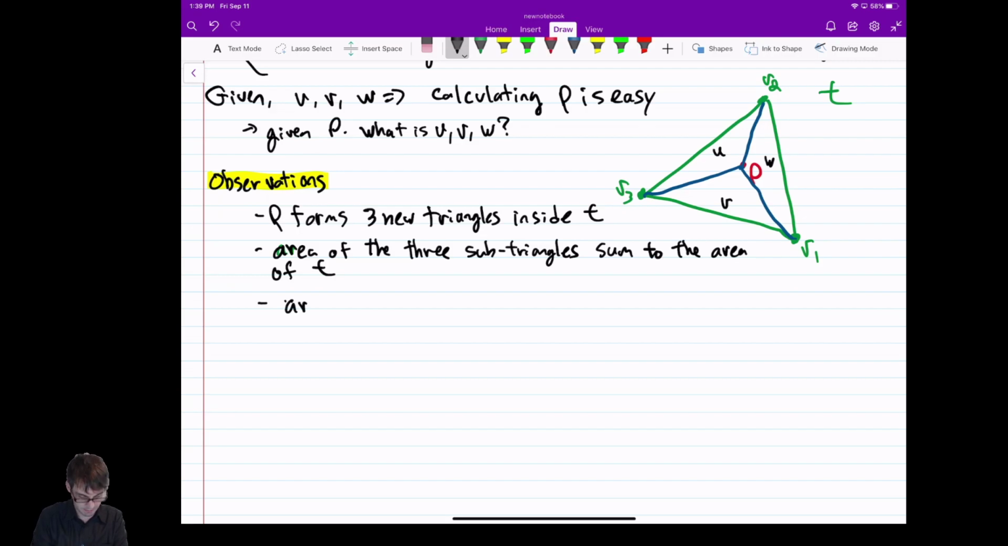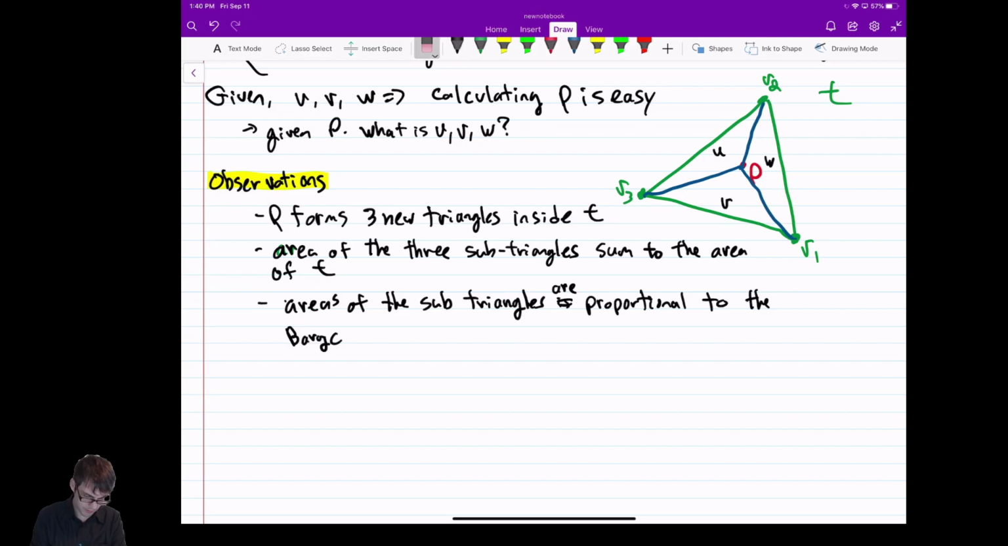The area of the subtriangles is proportional. Area is singular, but triangles is multiple. Are proportional? I'll just fix it. Areas are proportional to the